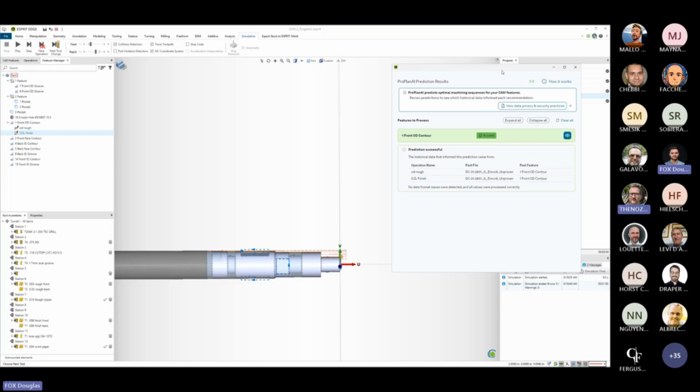Sorry. I'd like to mention also that being turning, it applies to Swiss. So ProPlan AI can be applied to Swiss, which gives me a good transition for the next